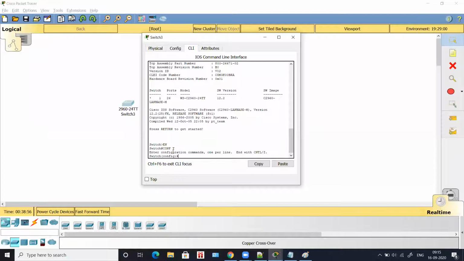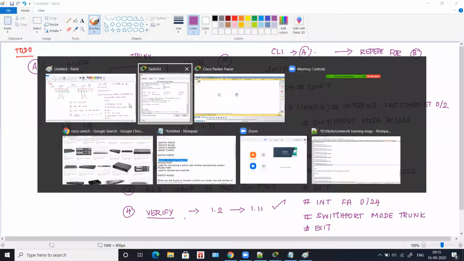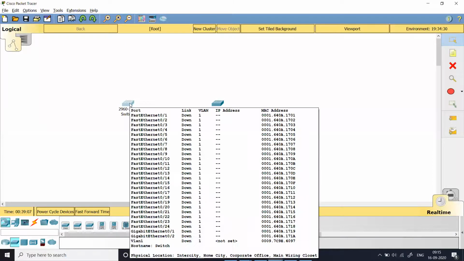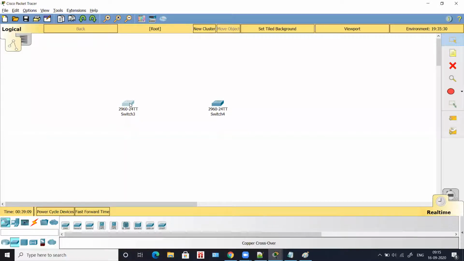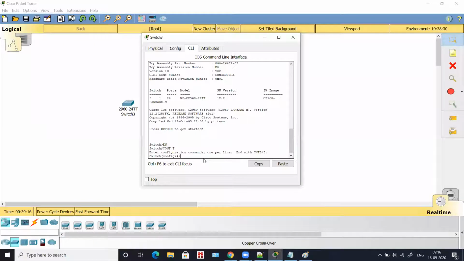So in configuration mode, I'm going to choose which interface. I'm going to choose fast Ethernet 0/2. So this switch has interfaces. If you keep your mouse pointer here, you see it has fast Ethernet 0/1 and it goes up to 24. So this is a 24 port switch. Now we will choose interface fast Ethernet 0/2 and hit enter.